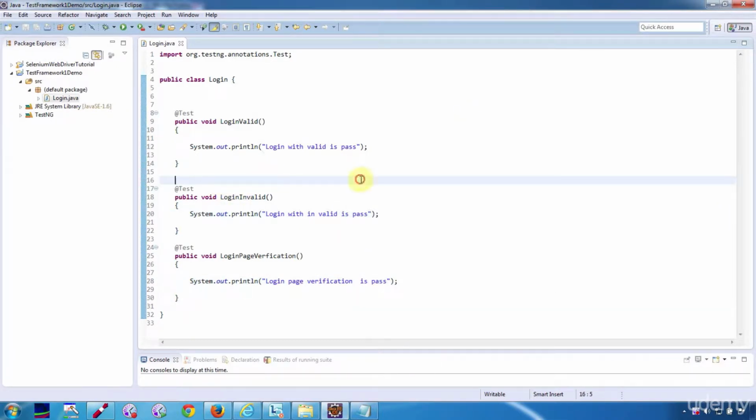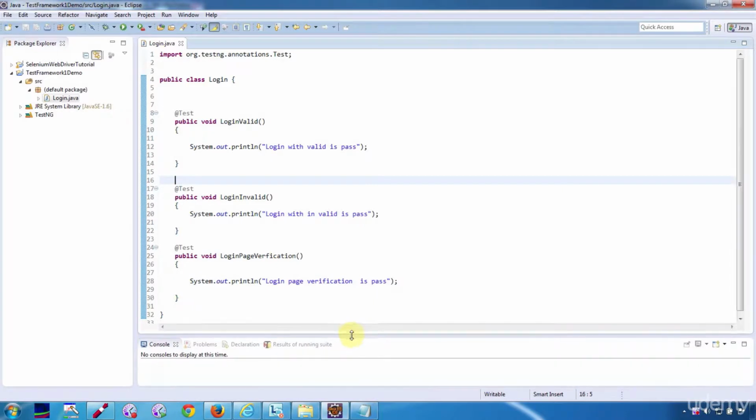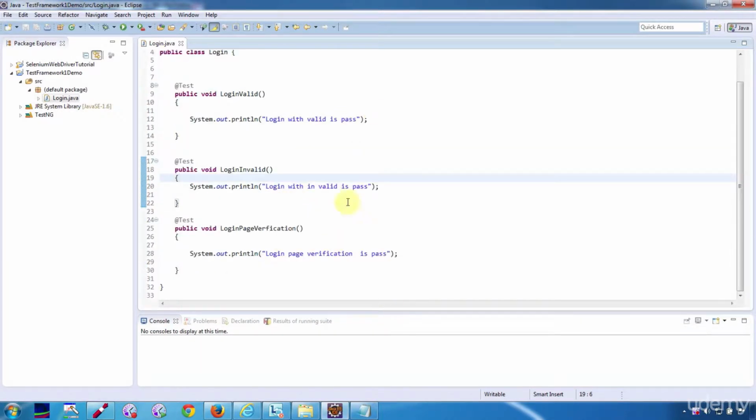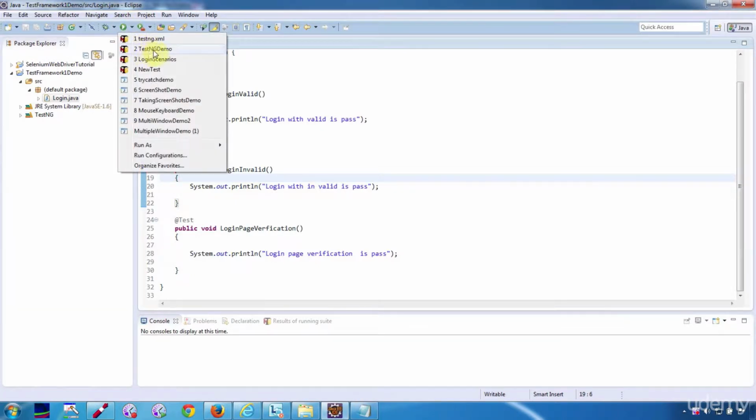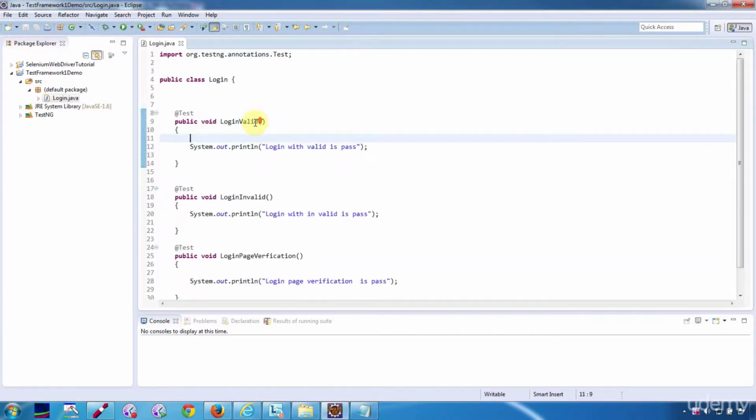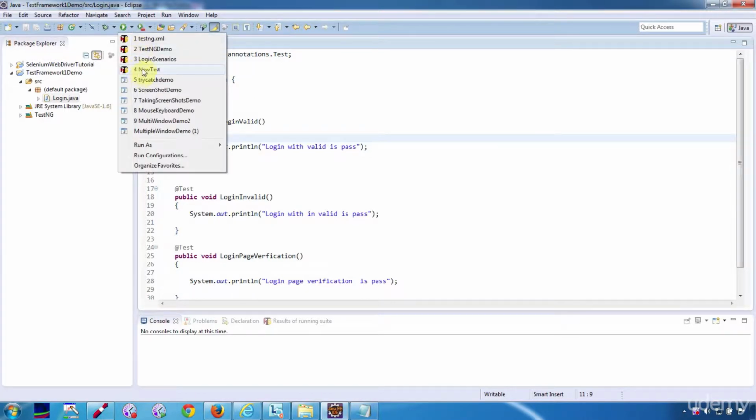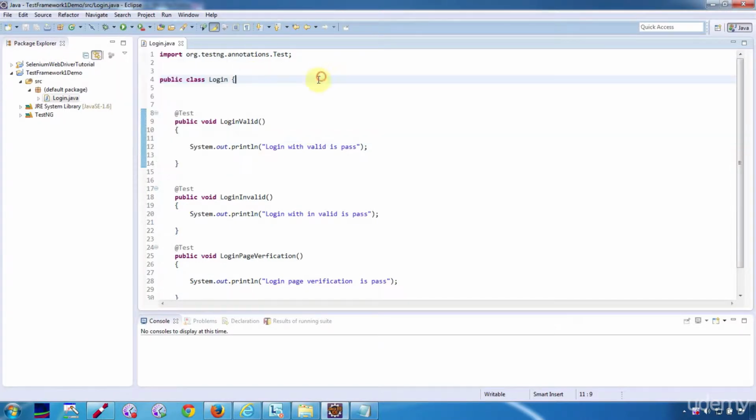So when you run, you will get a result. Okay, so let's see what kind of result you will get. So you can run this in two ways. One is here, select this, run as TestNG. Okay, TestNG demo, right? Login scenarios. Okay,